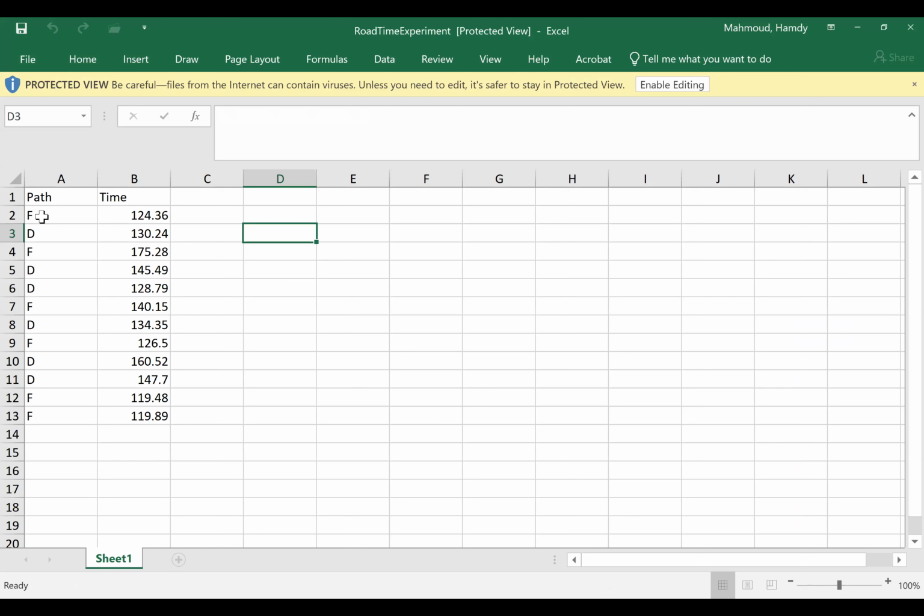We have 2 treatments, one is F, one is D, and we have the time. And now I ask you to see if mu F and mu D are equal, or mu D is higher than mu F. Because my friend used to use F, which is the Food Lion pass, compared to the duck pond pass. So you have some data for 2 treatments,